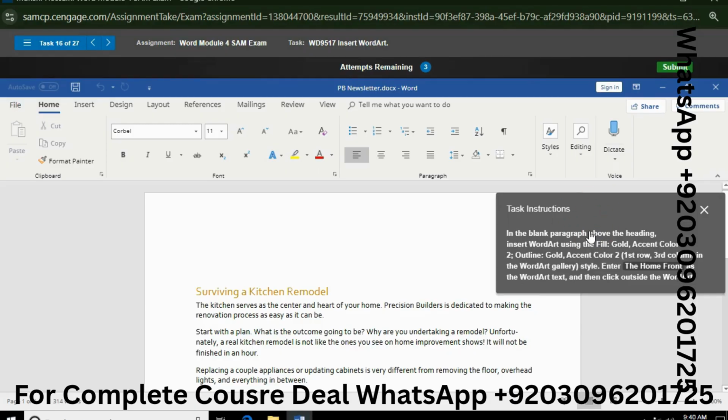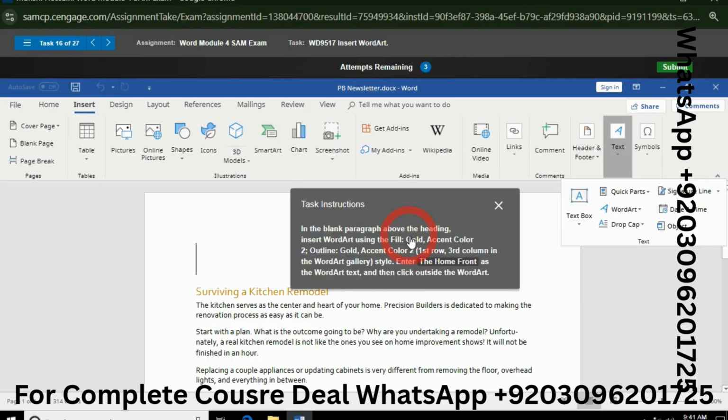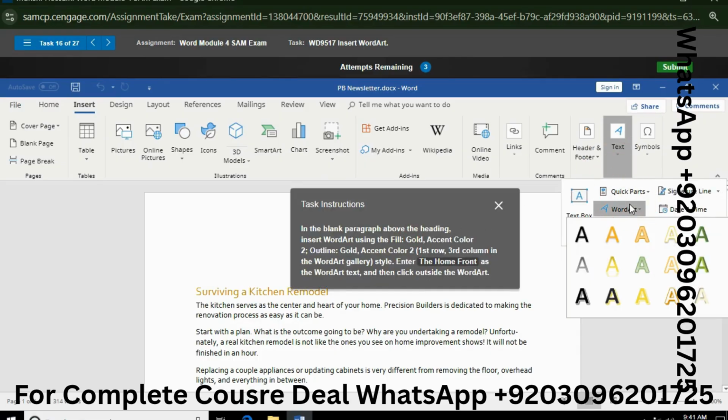Task 16 is in the blank paragraph above the heading, insert a word art using the fill gold accent color 2. Here we need to insert word art in text, word art, and now here first row, third column. This one, fill gold accent color 2.